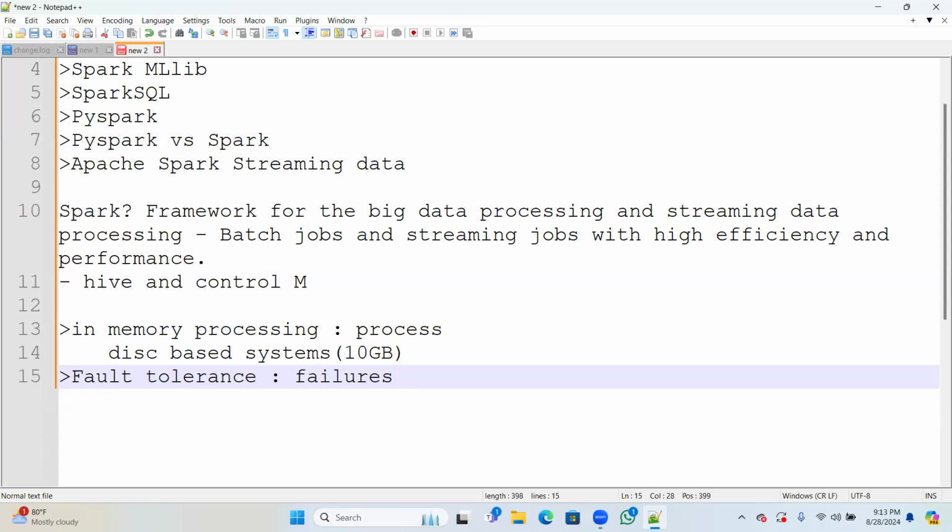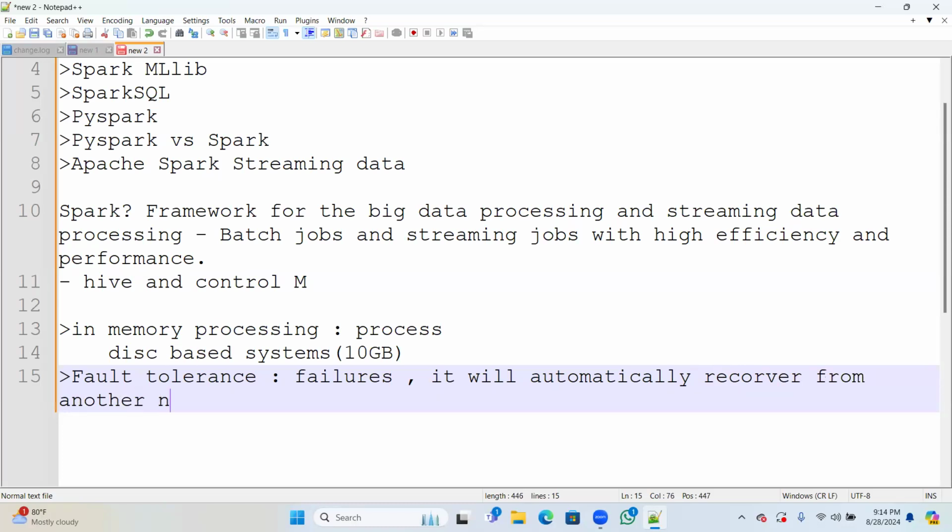This one will automatically recover from another node. For the task failures we have, it will try to fetch the data.